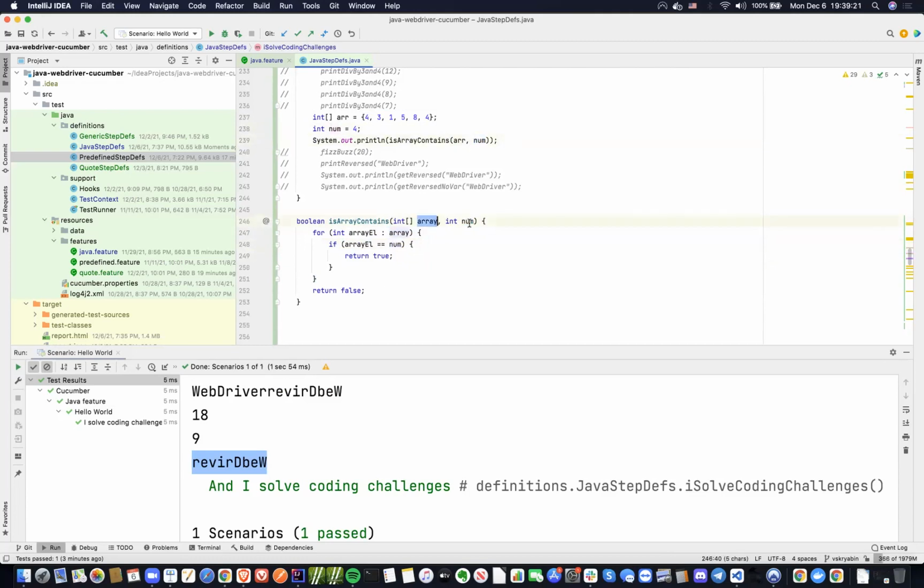So we have this array, and we have this number to look for. We basically go through every single element of the array, and if we find this number, we return true. Otherwise we return false. So that's what we have done. Now a follow-up question might be: can you make this work